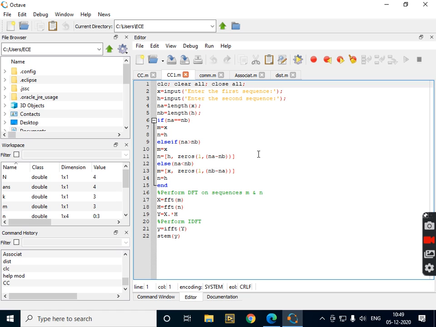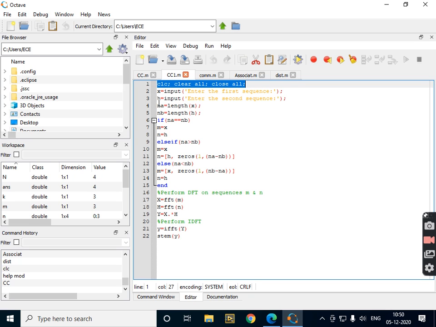So if we have two 4 point sequences, I can calculate an 8 point circular convolution from those, or I can calculate a 2 point circular convolution from those. So we'll use a nested if else statement to check the length and then calculate the circular convolution appropriately. So first the basic line,